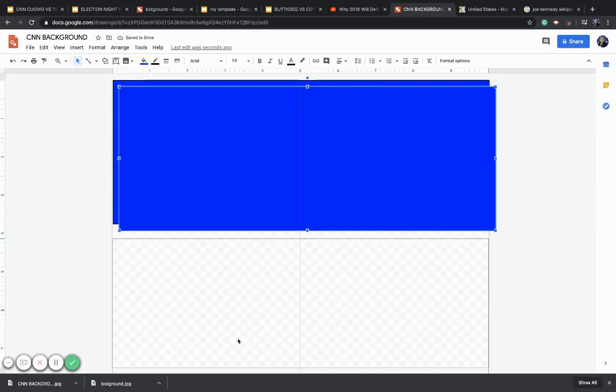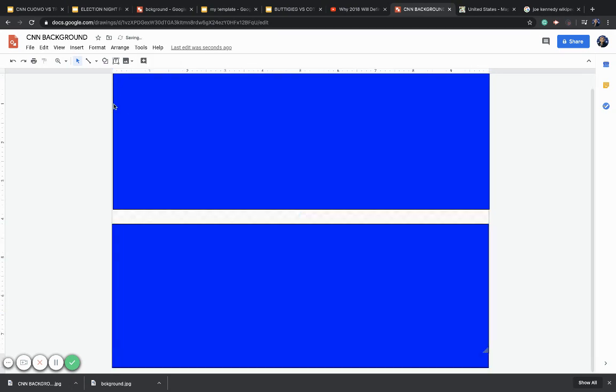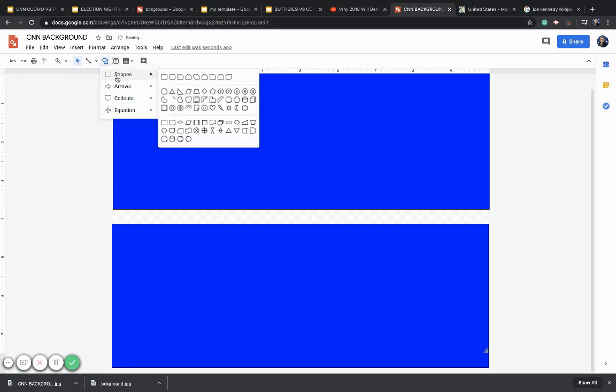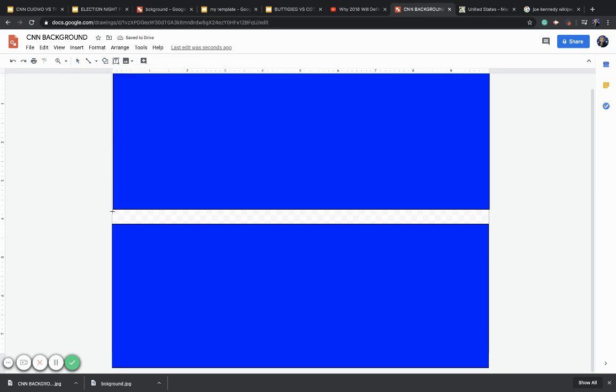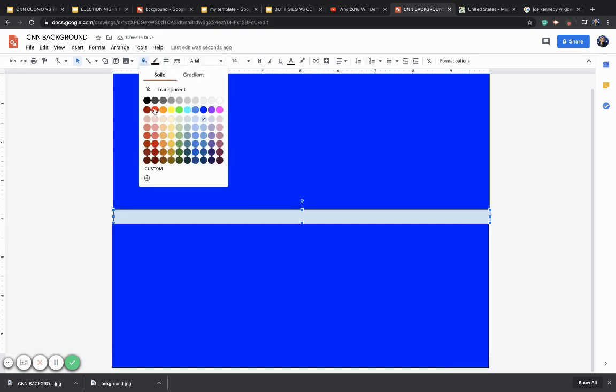I'm not a very good artist. But yeah, and then what you'd do is you'd maybe draw another line, like something like that. That would cover. Oh, that's a text box. We don't need that. Another line like that, and you'd draw it like that, and expand it a little bit because it's white, and change the color, and boom,